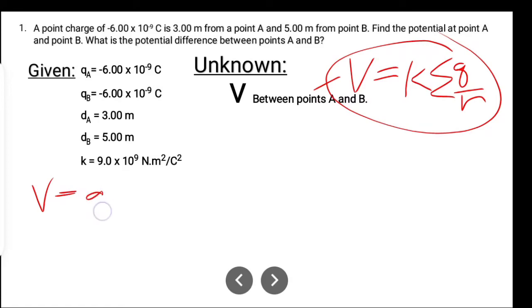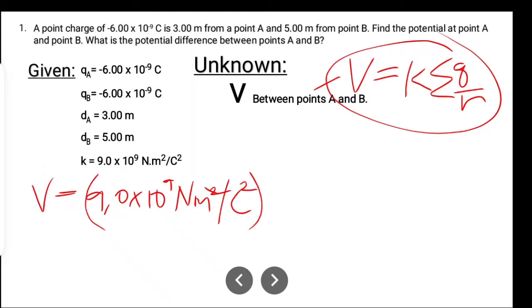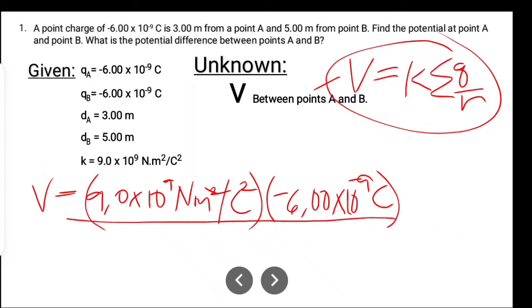Okay, so for the solution, we have V is equal to K, 9.0 times 10 raised to 9 Newton meter square per coulomb square, times we have negative 6.00 times 10 raised to negative 9 coulomb, divided by 3 meters. Okay, this one is number 1. Then we need to add